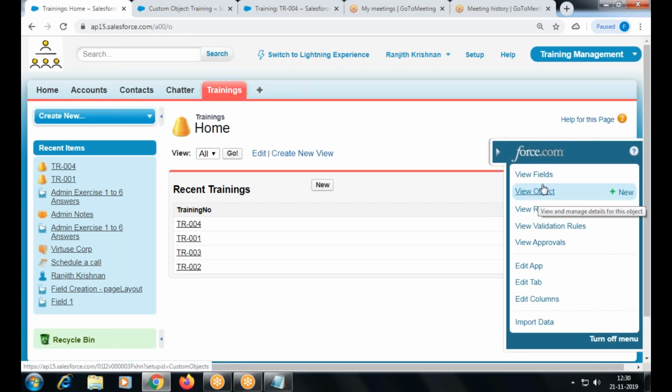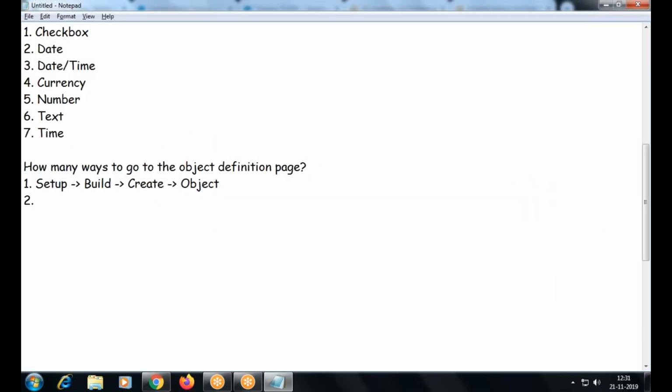I am in a particular tab, new. Right? So from the tab page, the quick menu at the right side, it's called quick menu.